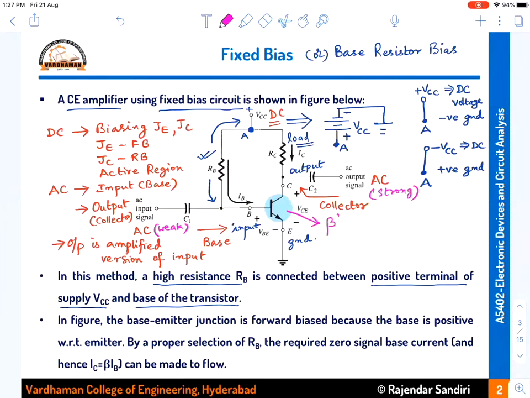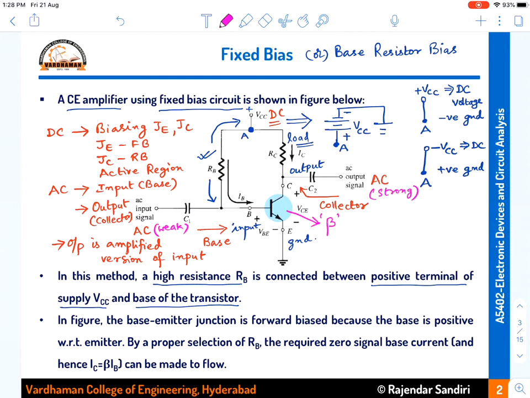So that means we require the transistor to be biased in the active region, and the transistor has the beta factor, which is the current amplification factor. The current amplification factor beta is equal to IC divided by IB, and if the input is a weak signal, the output will become a strong signal based on the principle that IC is equal to beta times IB. So AC signals are amplified by the transistor, provided the transistor is applied with a DC voltage to operate in the active region.